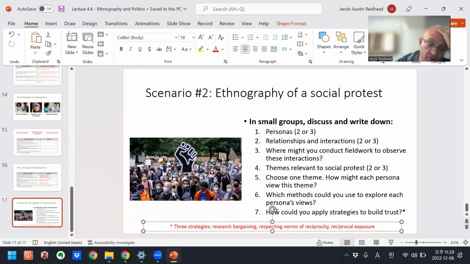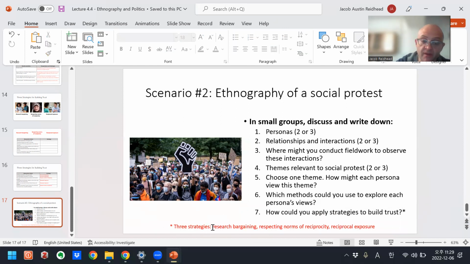With the protesters, maybe with the social movement group, a researcher can offer to volunteer with the social movement group for a while, in order to gain access to that group and do observation.